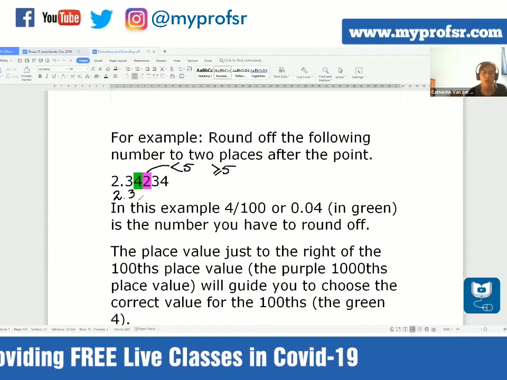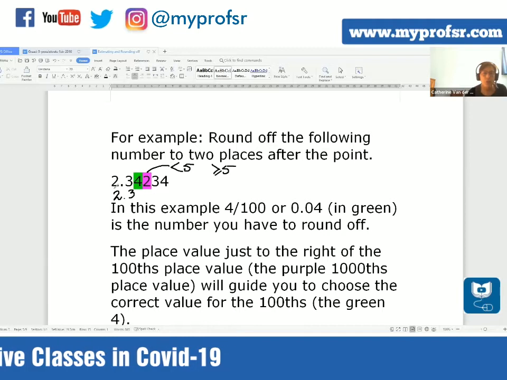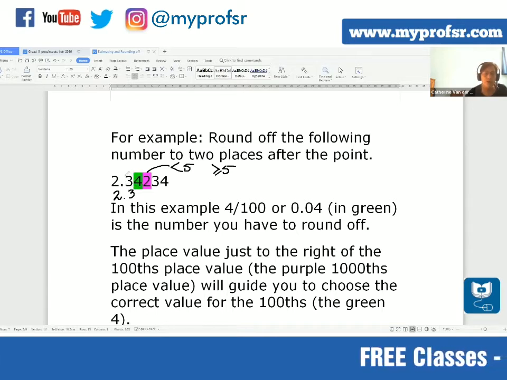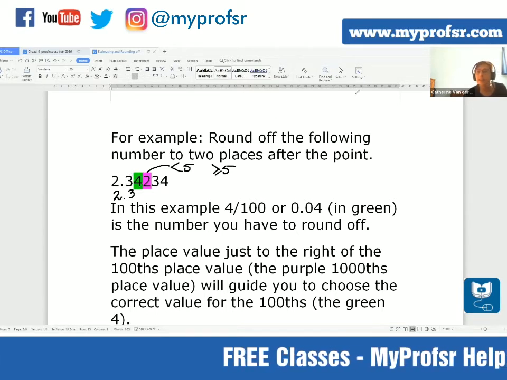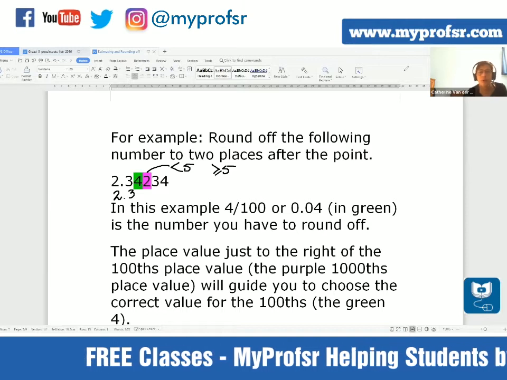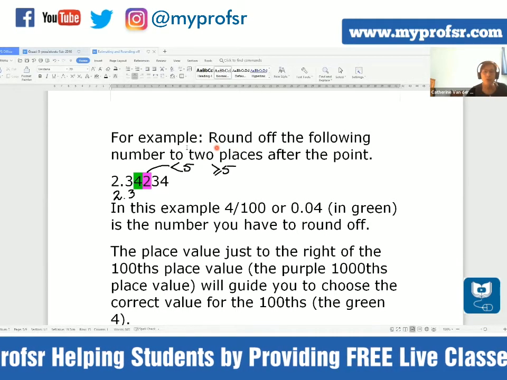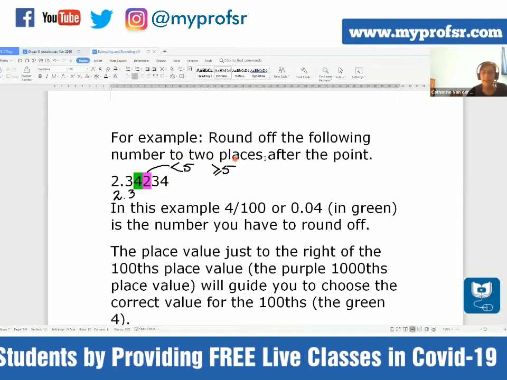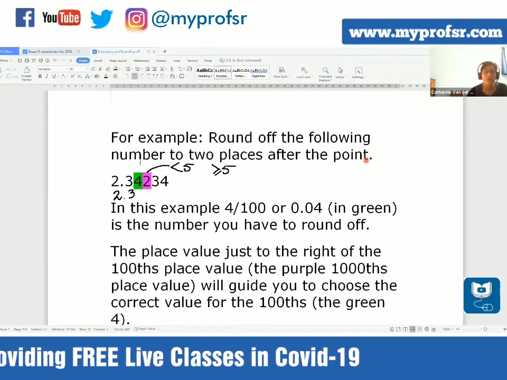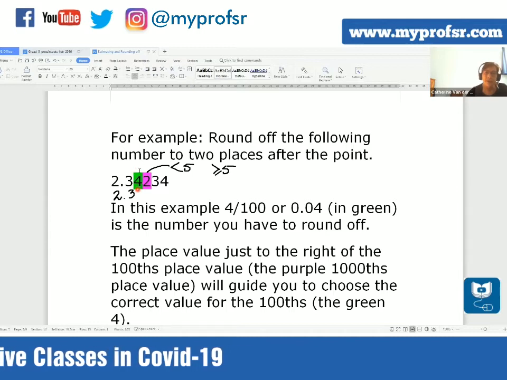In other words, we will be rounding off to 1 place after the point. This is not correct because our task is to round off to 2 places after the point. In other words, this is the number which we have to